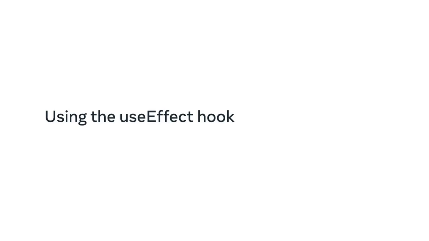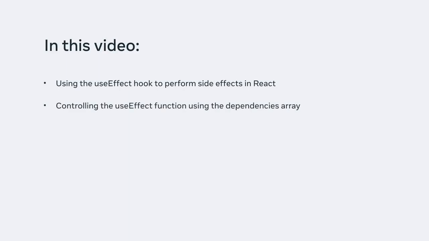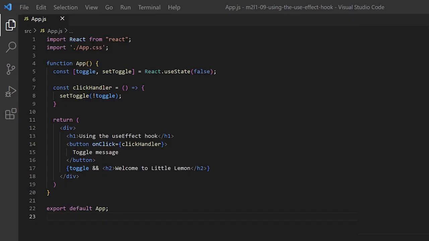Updating a Browser tab is an example of a side effect. In this video, I will demonstrate how to do this by using the useEffect hook to perform side effects in React, as well as how to control when the useEffect function is run using the dependencies array. I am going to use an app I built previously using Create React App to demonstrate how to use the